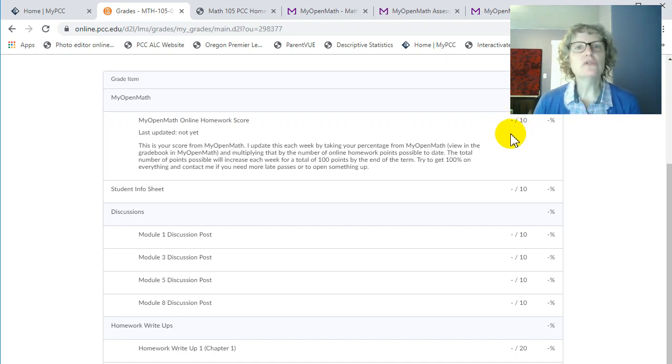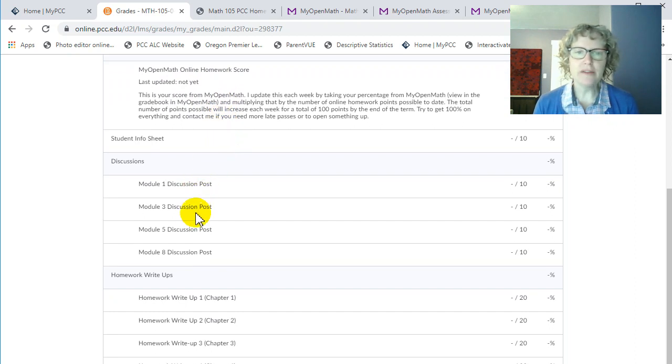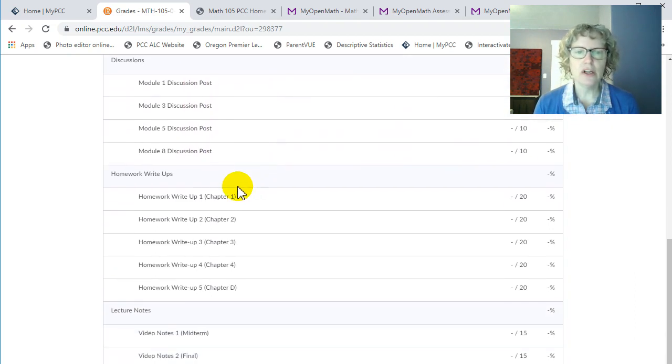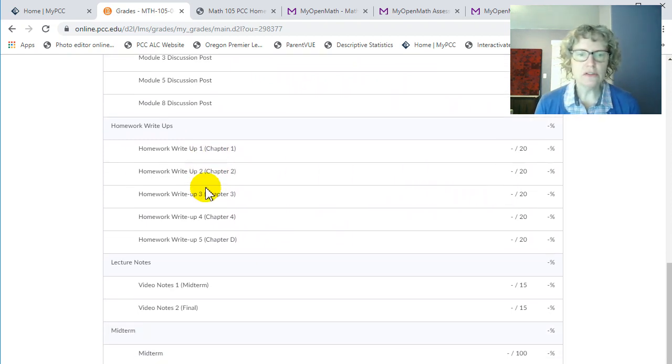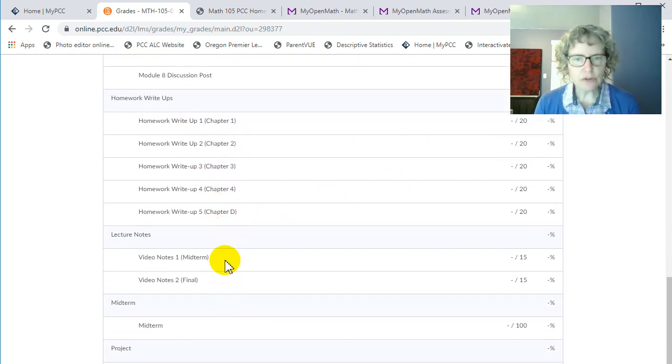This I do manually, so I usually do it every Tuesday after the homework is due. Sometimes it takes me a day or two to get to it, but I will put the date of when it was last updated right here so you can see if you were behind and then you did a whole bunch of work and you want to make sure that's reflected in your grade. You'll see the last date that I've updated it here, okay? Even though it's all updated in MyOpenMath, it just takes me a day sometimes to get it over here into D2L. You'll see you have these discussion posts worth 10 points each, homework write-ups worth 20 points each. You'll be turning in your lecture video notes, 15 points each, and we've got a midterm,